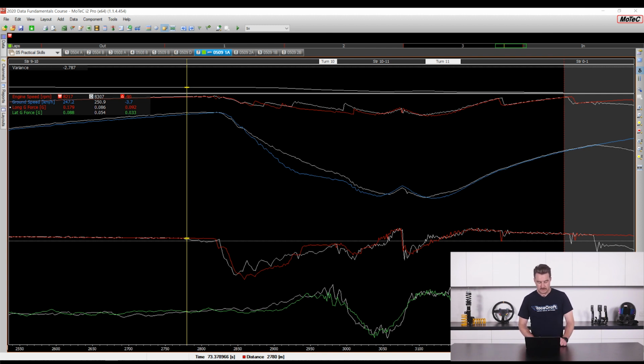In this case, in the way the brake is being bled off, you can see that the pro is relatively consistent. Once they get to peak brake pressure, it's a pretty constant bleed off of the pressure, whereas the amateur is using more pressure and they've realized that they're going too slow, and that's why we see this kink here in the speed trace. So they've overslowed the car, realized they've overslowed it, all of a sudden jumped off the brake pedal and then tried to pick up that speed again.